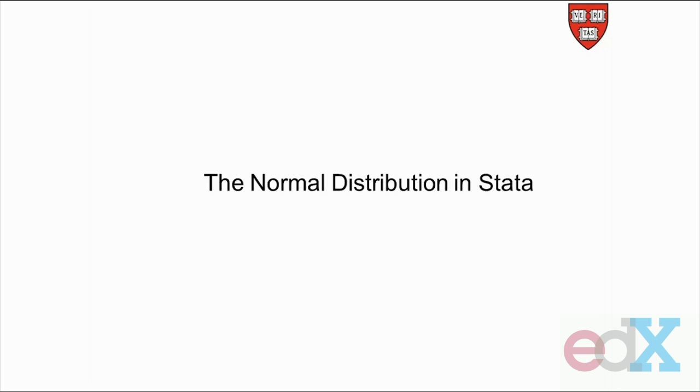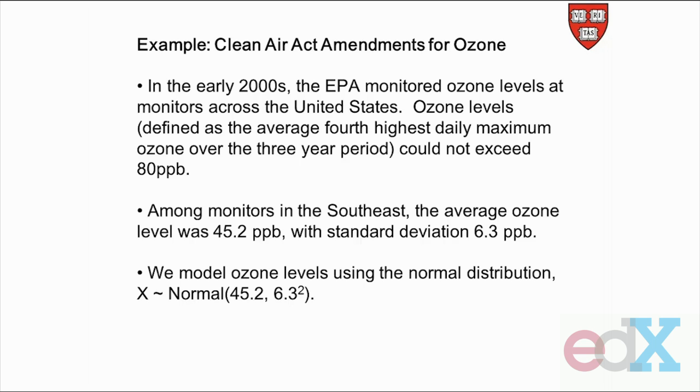Today we learned how to perform calculations for normally distributed random variables in Stata. First, read through the example on the website and note that we're going to be working with a random variable that's ozone levels at a given pollution monitor. We're going to call that random variable x, and it has mean equal to 45.2 and variance equal to 6.3